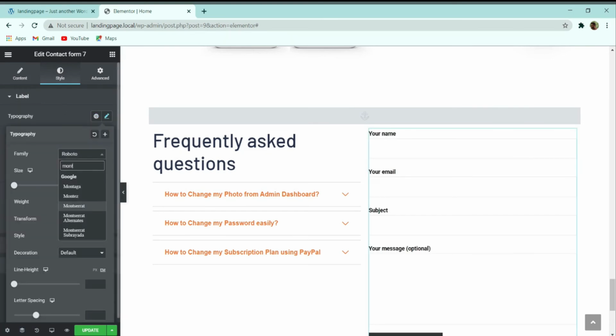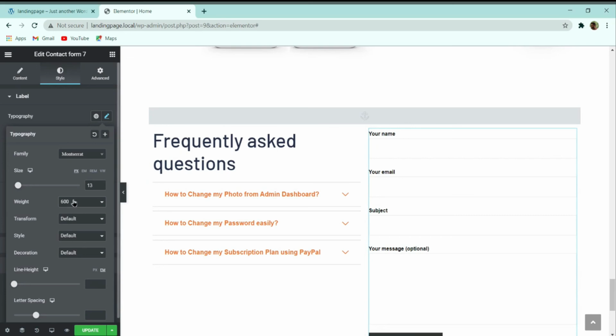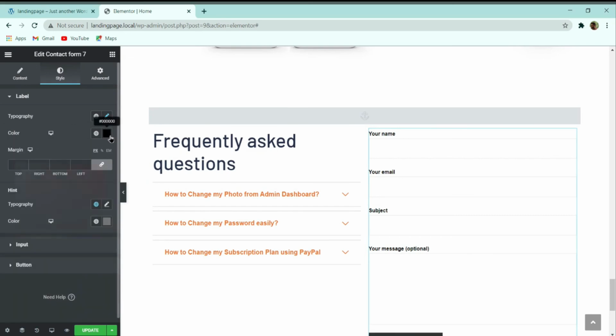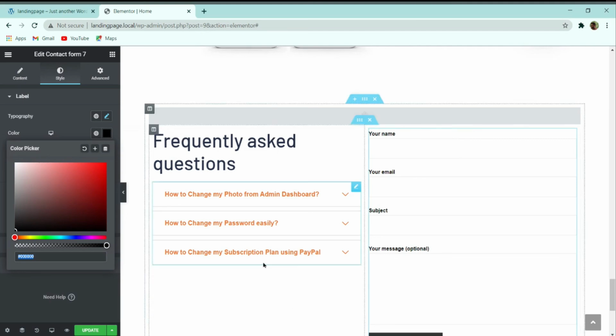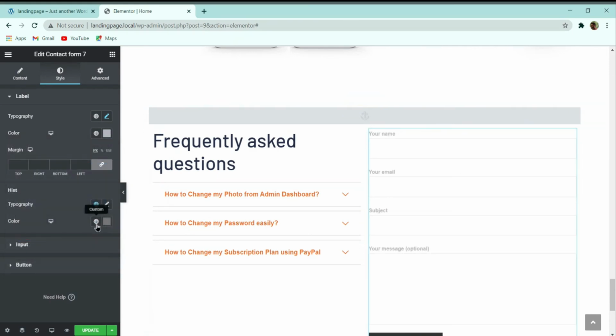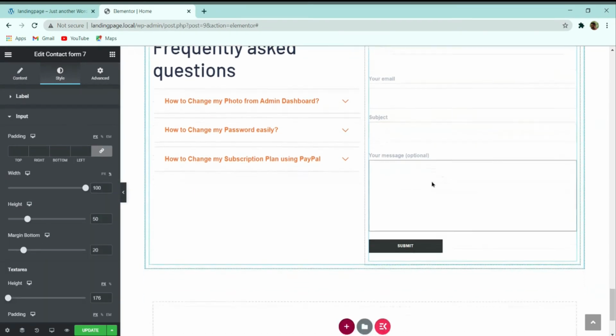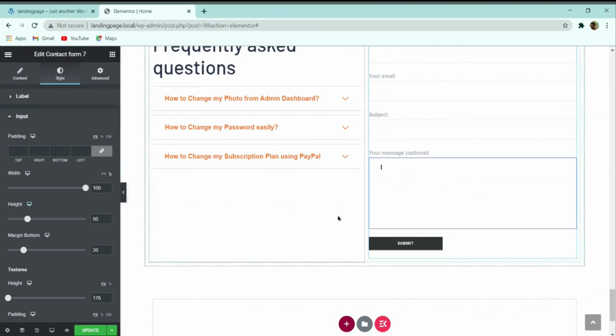Simply select this font family to Montserrat, and give a size of 16, or let me give 13 pixel, and then you can give it 700 weight, and then you can change the color from here also. Let me give E5E5E5, or let me change it, so here I can give the color B2B773. And then here you can see that for this input option I can change this padding and all.